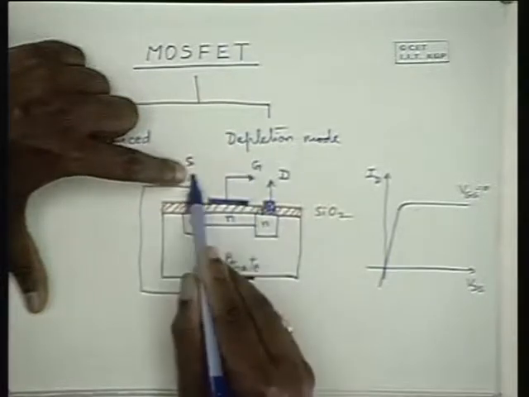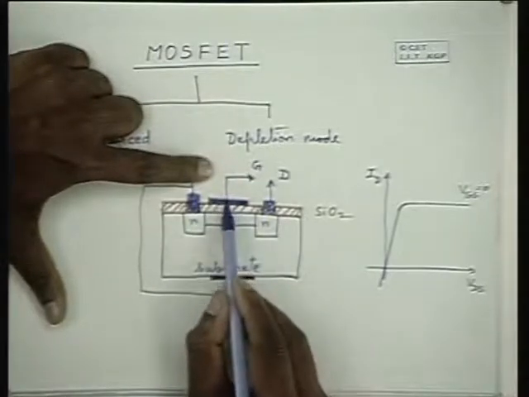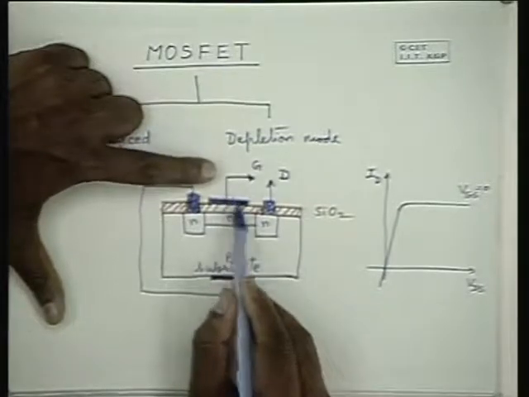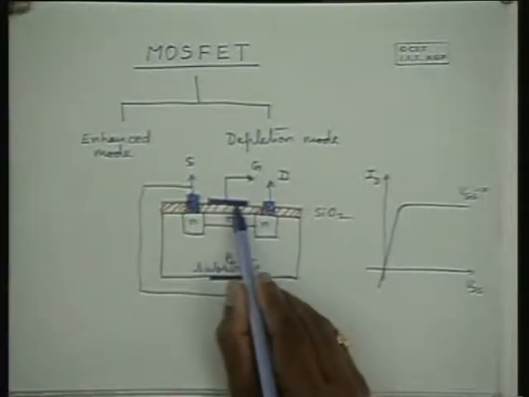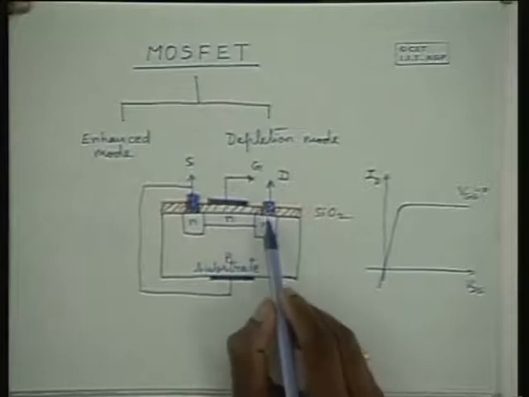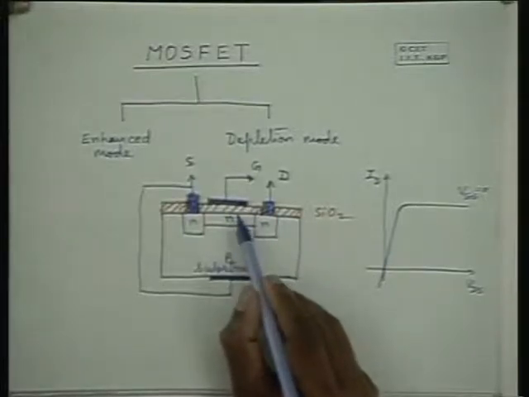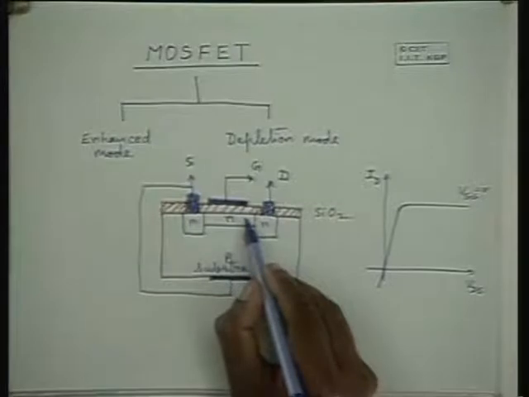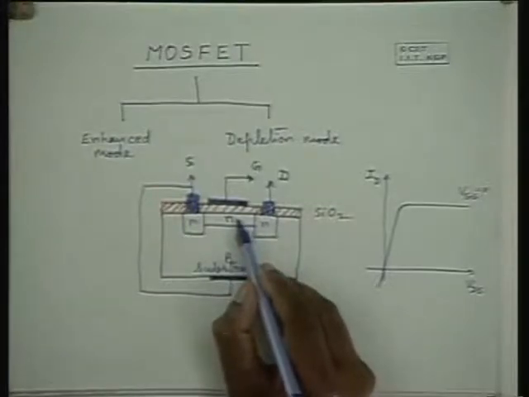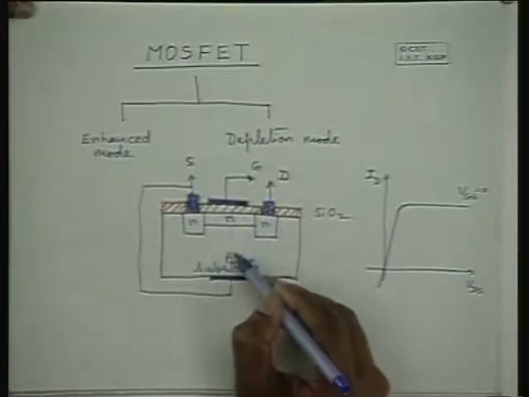And if the gate is now connected to the source, short circuited with the source, then the gate is negatively biased compared to the drain. Please note that this gate is more negatively biased with respect to the drain. As a result, this side of the N channel is more negatively biased compared to the N channel. As a result, the free electrons that are present in the N-type semiconductor over here are driven from the gate side to the P-type substrate.